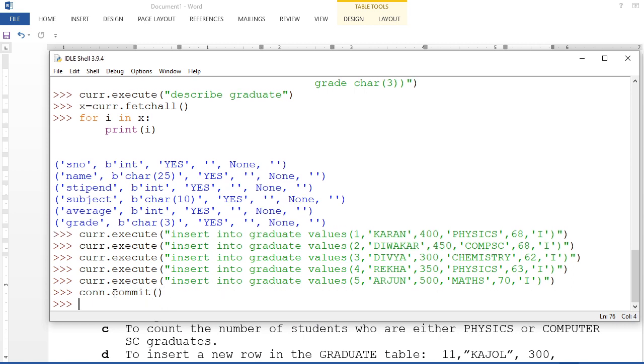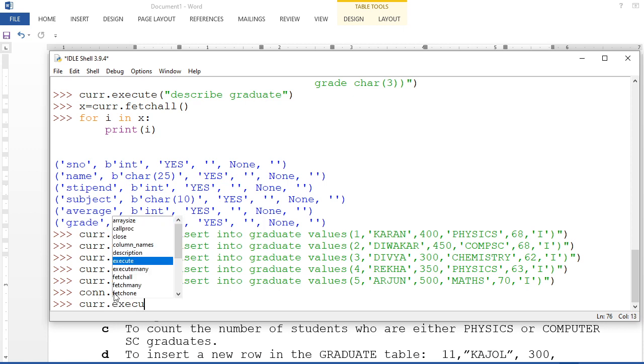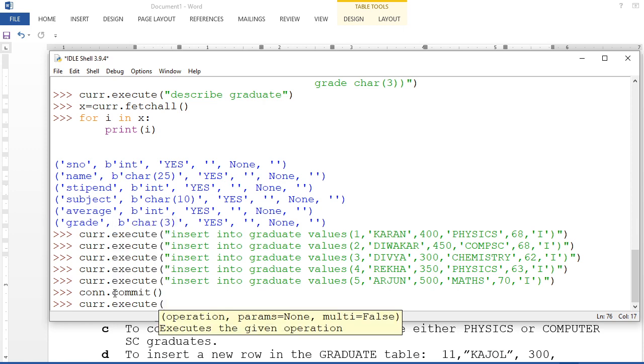Now you can issue any command, for example print that 5 records were successfully entered, or like that. Okay, so you can make a program like that. I'll show you later on how many inputs you have taken. So it is going to count the record count. Record count is the command there, and you are going to print that. Okay, so now our aim here is to see whether the data is updated in the table or not. Now we can make a command here, cursor dot execute. Okay, tell me.